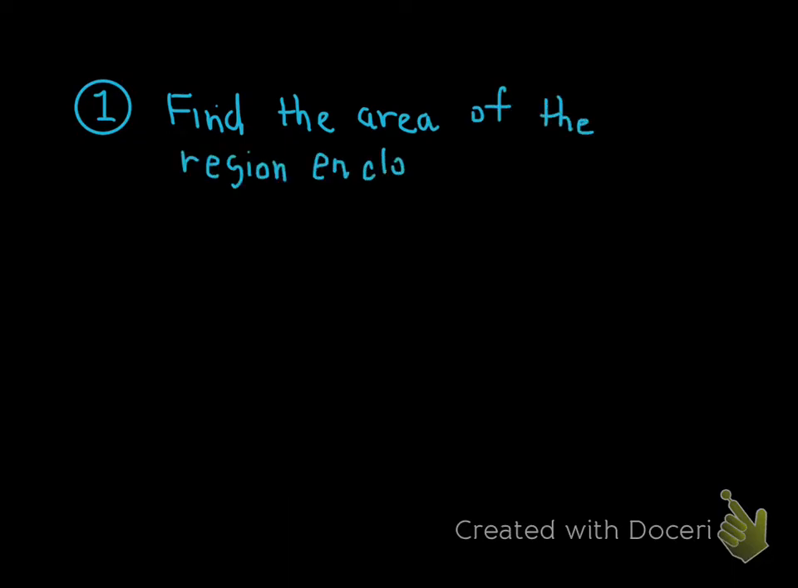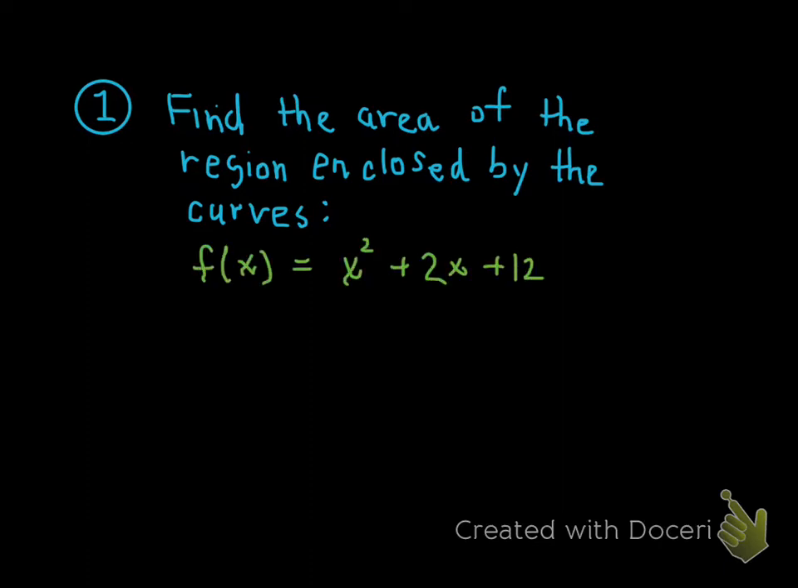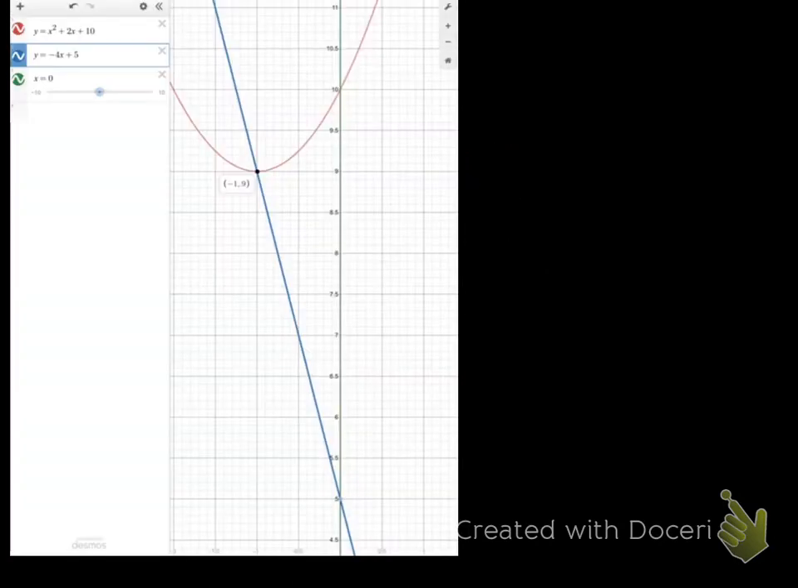So the scoop is we've got to find the area of the region enclosed by these curves. The first curve is f of x equals x squared plus 2x plus 12, a parabola that opens upward, which we're quite familiar with. The second curve, a line with a negative slope and a y-intercept of 3, is g of x equals negative 4x plus 3. And this is the vertical line that coincides with the y-axis, the graph of x equals 0. So the picture we're looking at here